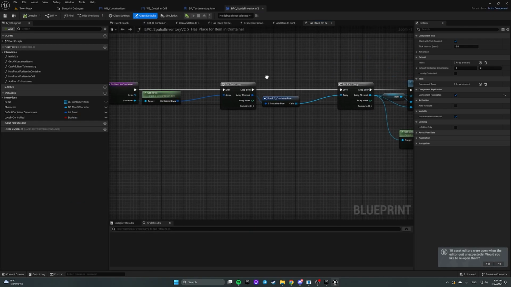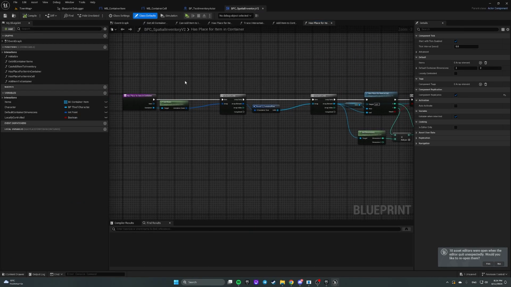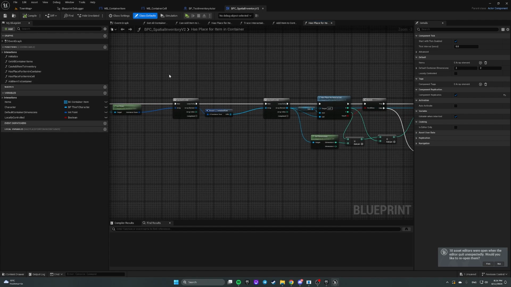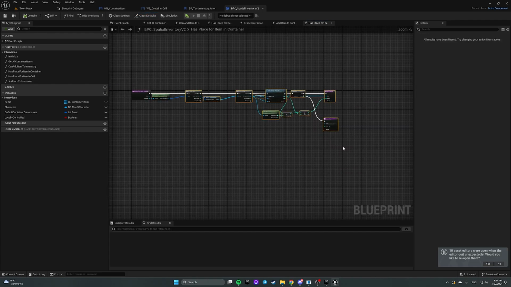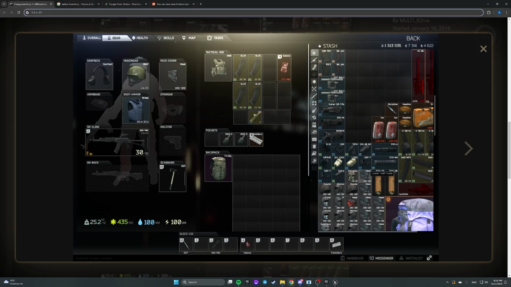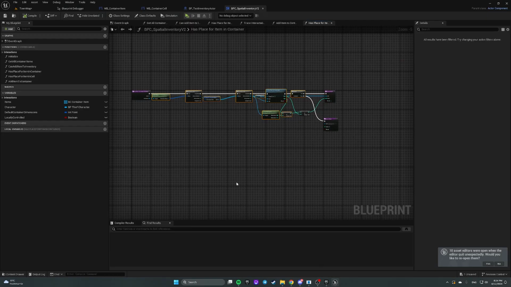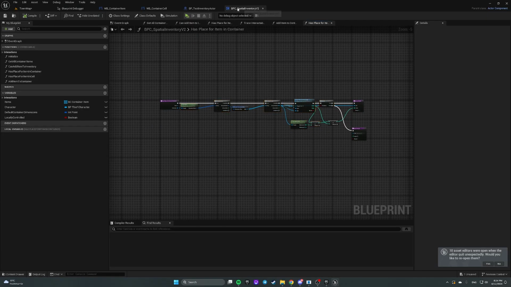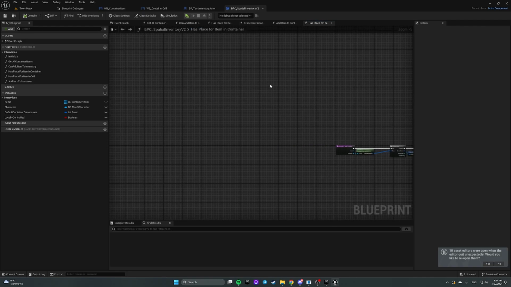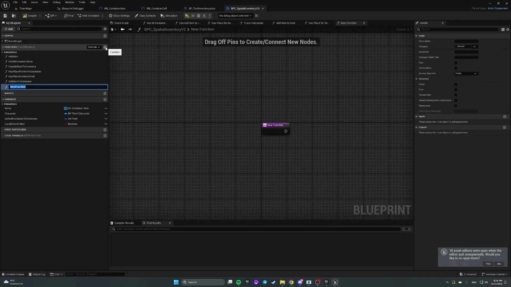To be able to draw items, we have to be able to get them. But currently, we cannot get them in a normal way because, for example, an item that takes 2 slots will return the same item for this slot and the same item for this slot, but we have to be able to return them as one single item. So let's create a new function in our inventory component and call it get all items